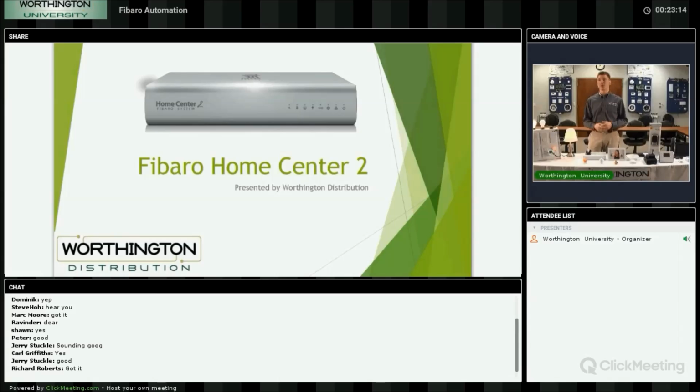We assume a lot of the people who are joining us today and a lot of our customers and dealers in general have done automation for at least some time, and it has certainly changed over the years. This is a system that is at its core rooted in ZWave. It does a lot more than just that, but it does have ZWave. We're going to talk about why that's a good thing, how that can work for you even in larger applications